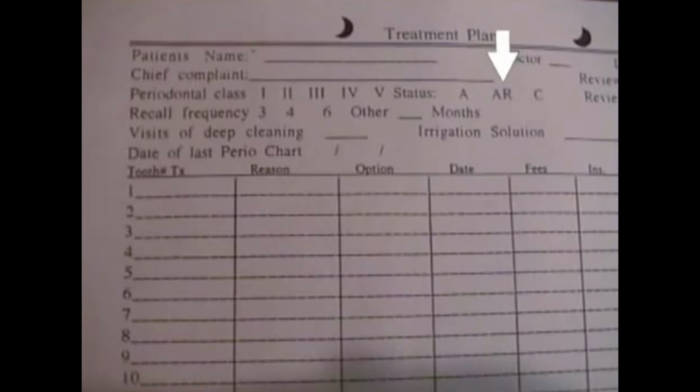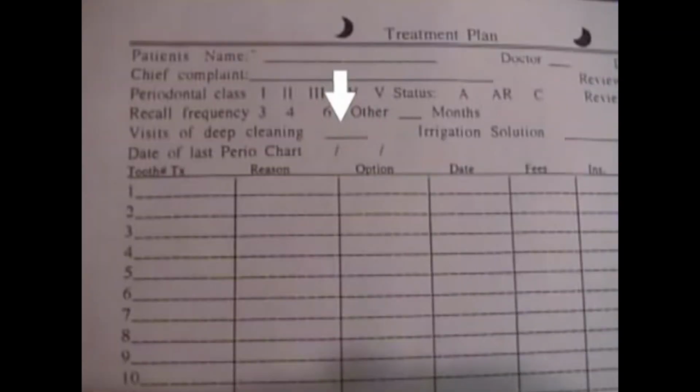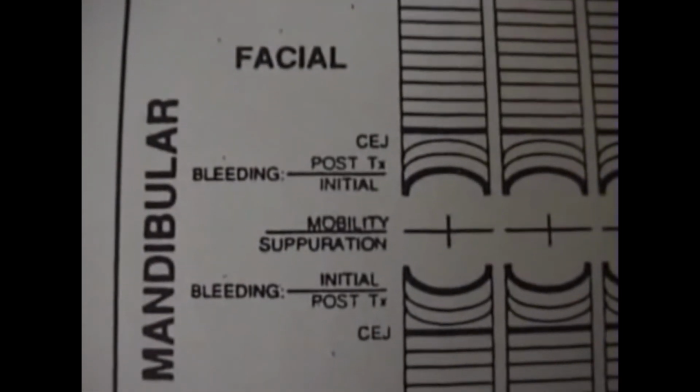And then their condition. A is for active, AR is at risk with some of the bad guys still present, and C is controlled. They don't get controlled until there are 3 sequential checkups 90 days apart with no bad guys seen. At that point, you've disinfected the mouth. At this time, also estimate how many visits it will take you or your hygienist to remove all these organisms and the tartar, or bacterial condominiums as I like to call them.